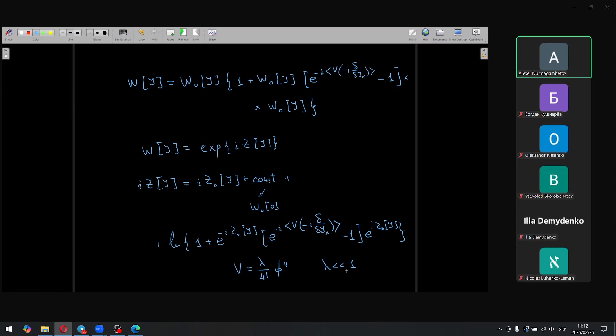Okay, if this lambda is small, then the operator here, the exponent of minus i times the potential, or small lambda, exponent of minus I, we have the corresponding integral with the functional dependence of our potential minus 1. Then again, in the case when lambda is small enough, this exponent turns out to be minus I lambda over 4 factorial